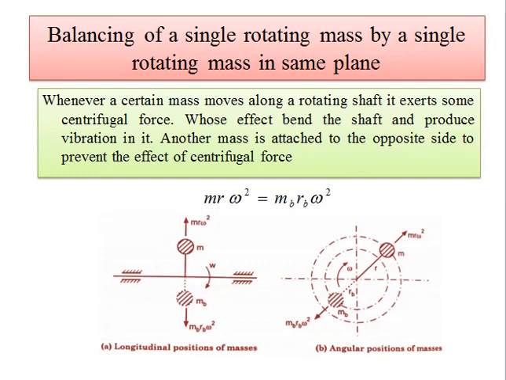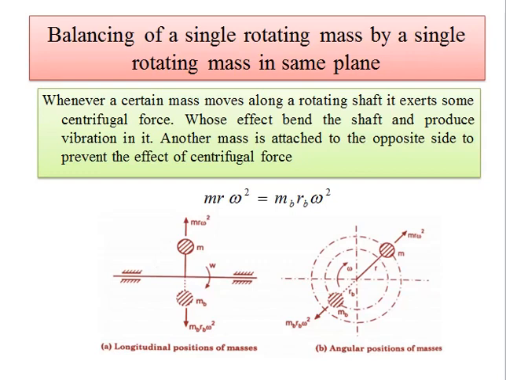So the balancing is very important in this case. In this method, we put the balancing mass in the opposite direction, exactly opposite, on the same plane. MB is nothing but the balancing mass, and RB is R suffix B, the radius of this